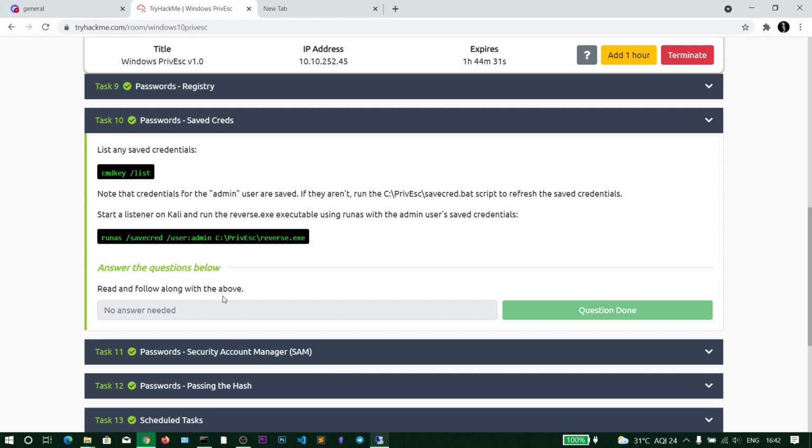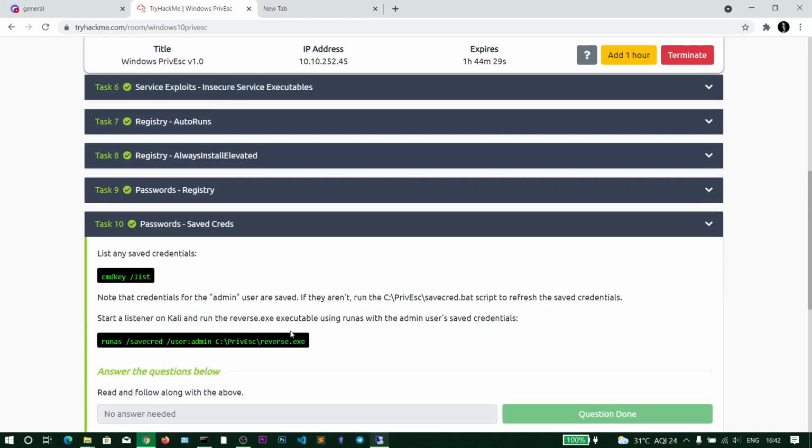Another tip is to find the installed software on the computer, and also identify how you got the reverse shell on this Windows computer. Suppose you are exploiting some IRC application or any other application like VNC, and then you got the reverse shell.